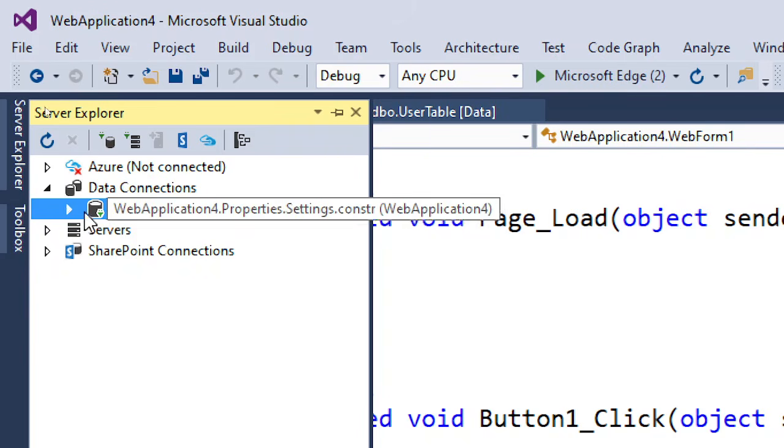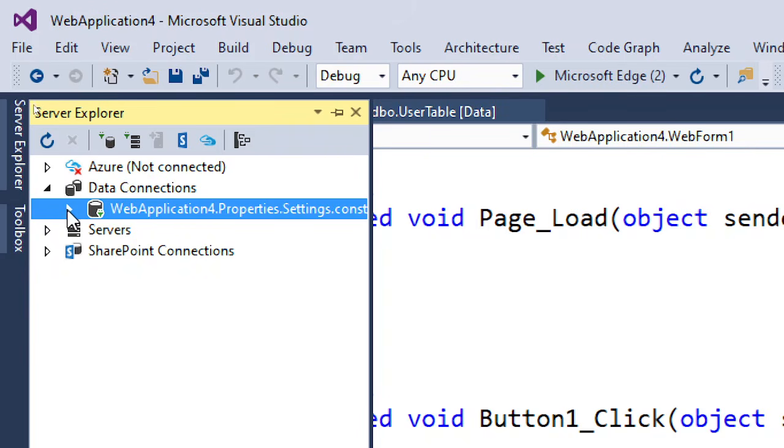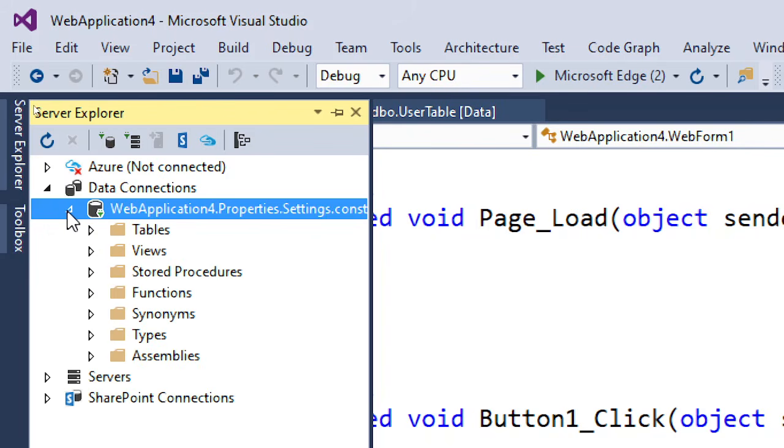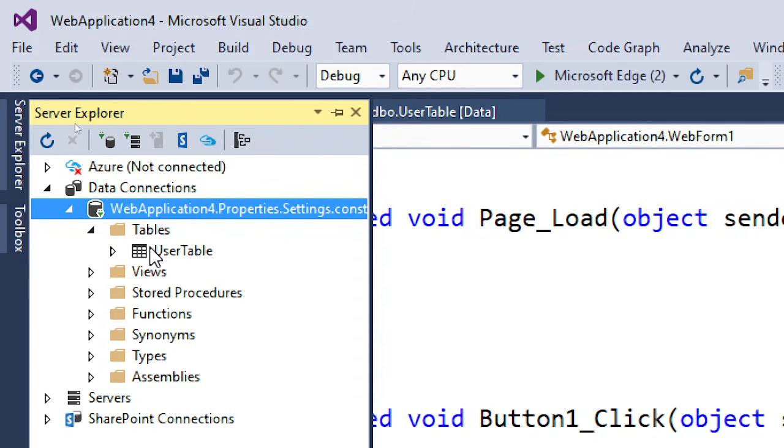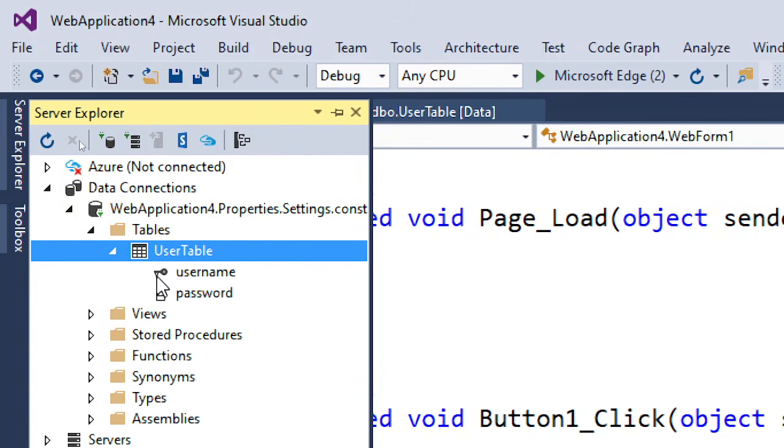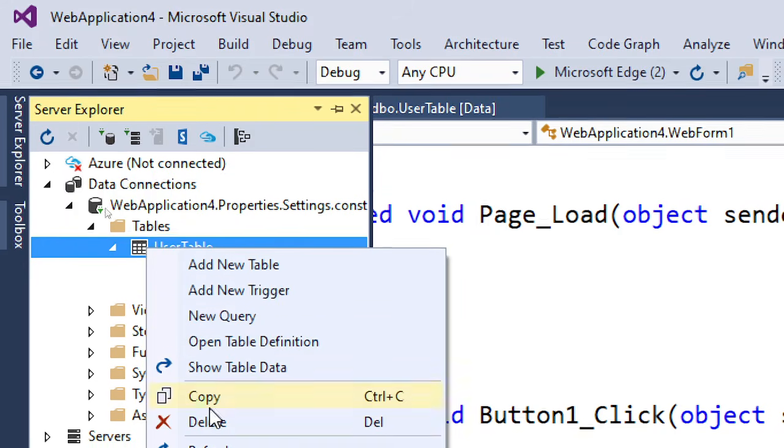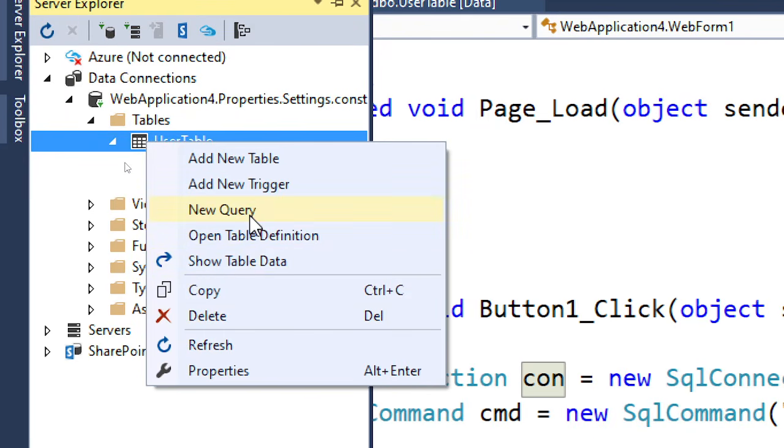If you don't see anything, click on this blue arrow over here. It's going to expand and show you all the details. Click on this and it's going to show all the tables. If you click on this, it is going to show all the fields. But it's enough if I see the table. So I'm going to right click on the table, and the command that you are giving to the database,